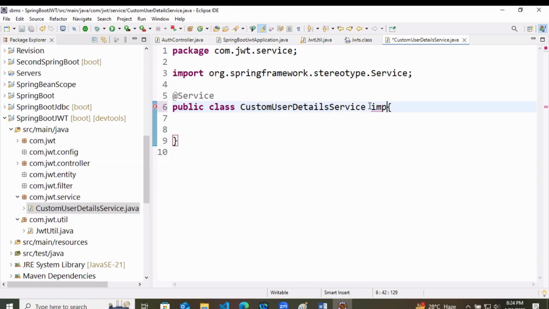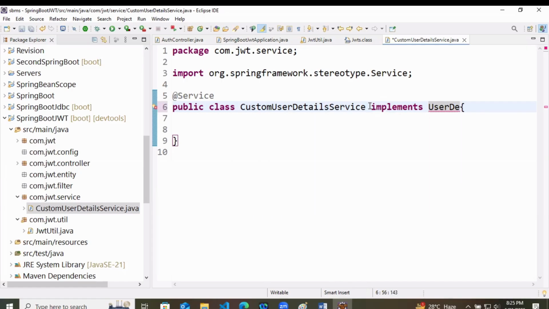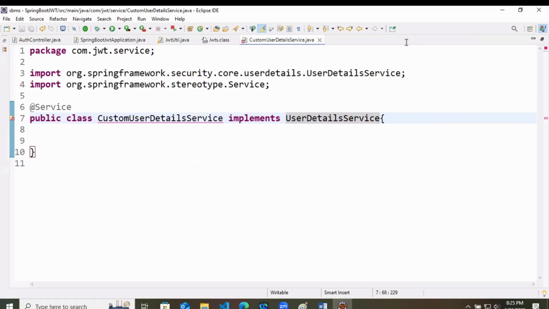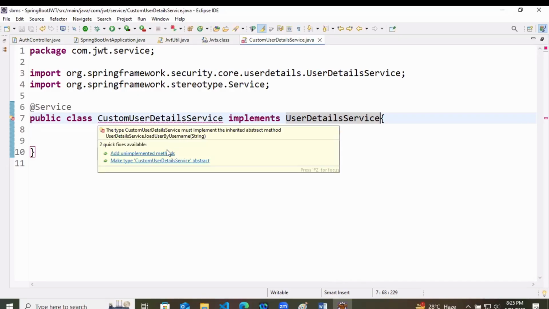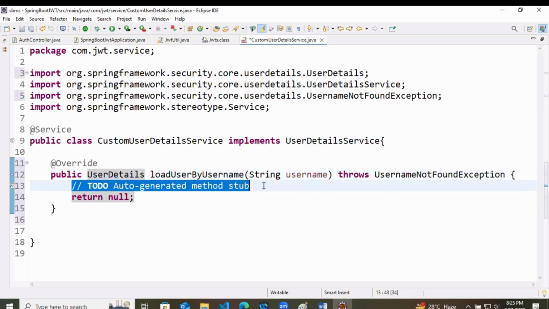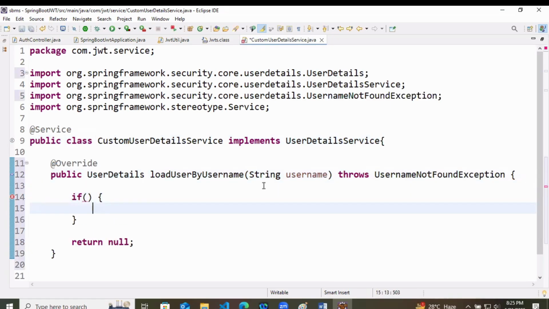So here this class should implement the UserDetailsService interface. Now we have to override all their methods. So just implement their method, that is UserDetails loadUserByUsername. We'll write one simple thing here, a block of if.